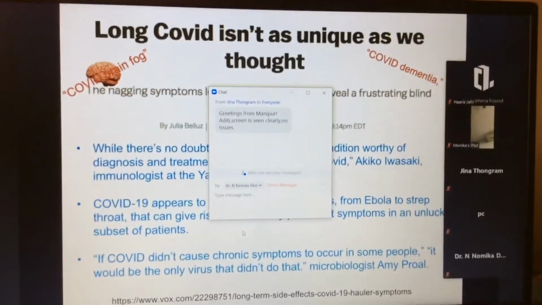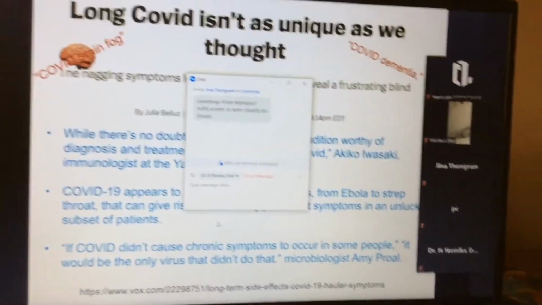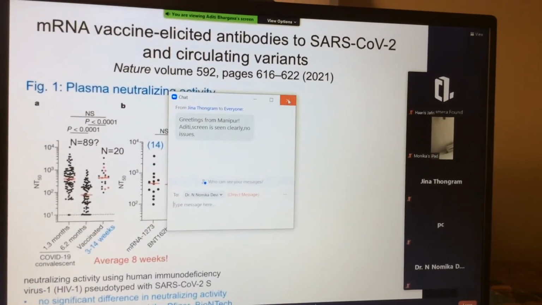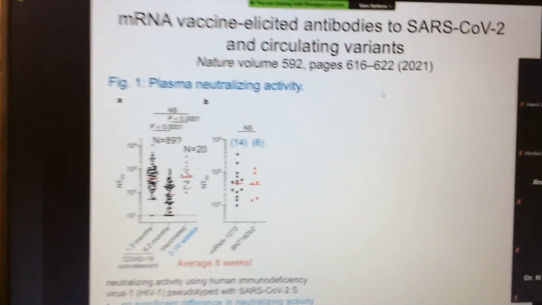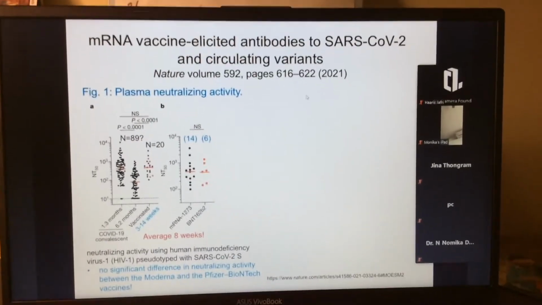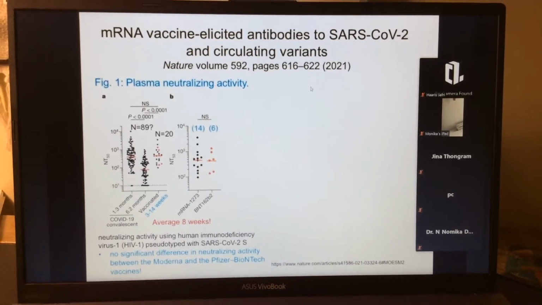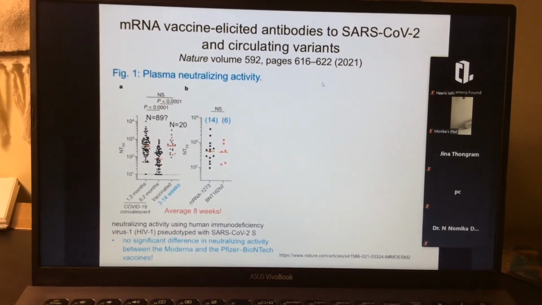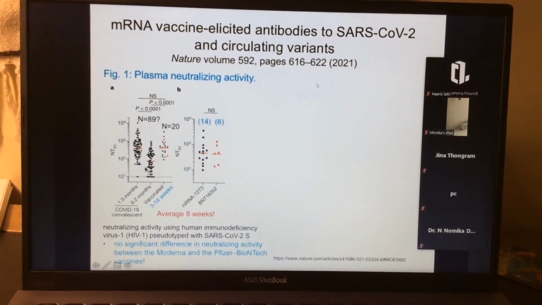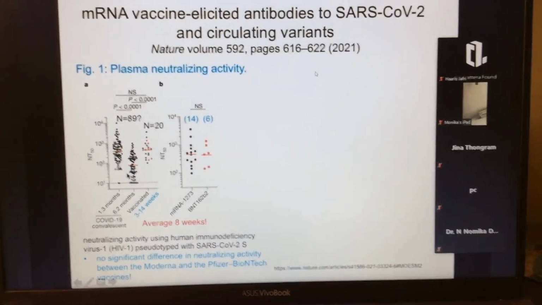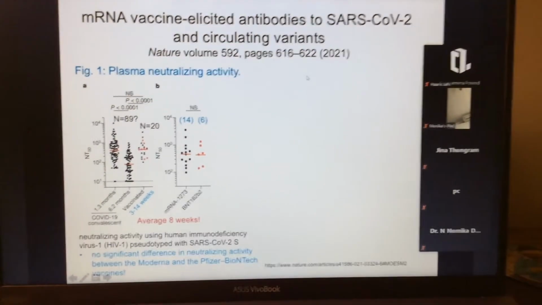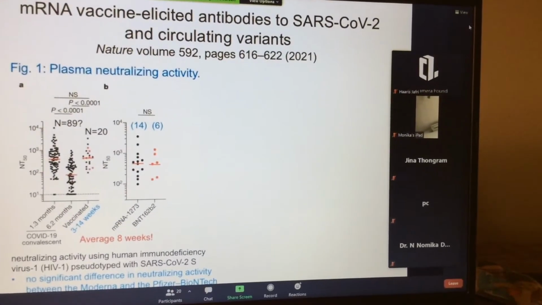So again, let's keep our perspective and put things in context. Finally, this is one of the latest papers that has come out, which claims the vaccines are just as efficient as a natural infection in neutralizing antibody. I want to take a few minutes to walk you through this, because I want you to understand how